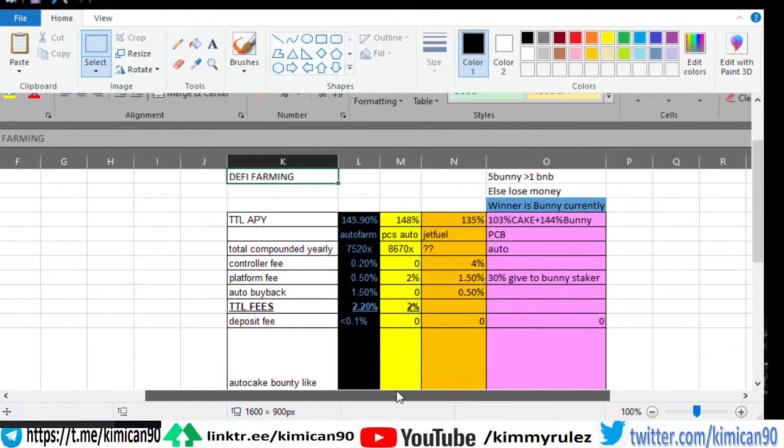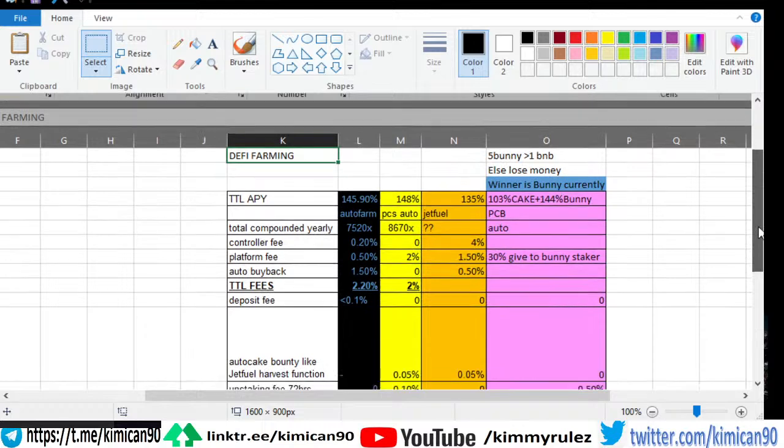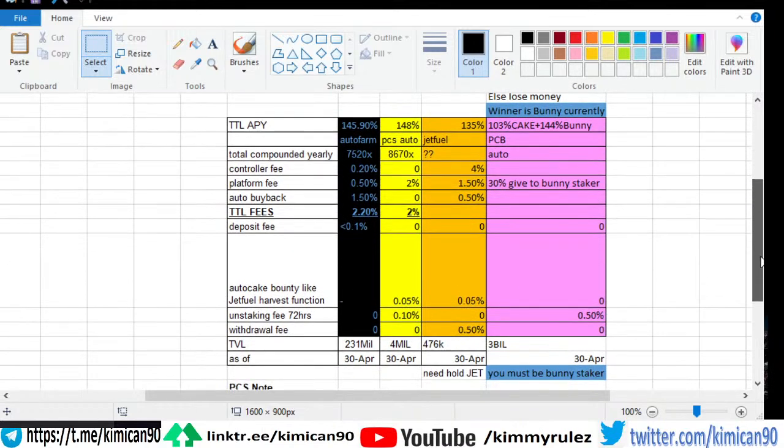Some of the platforms give more, some give less. But the nutshell is that with Pancake Bunny, even though you get 103% Cake, they are giving their own 144% of their Bunny token. Even though they do charge a 30% fee for Pancake Bunny,